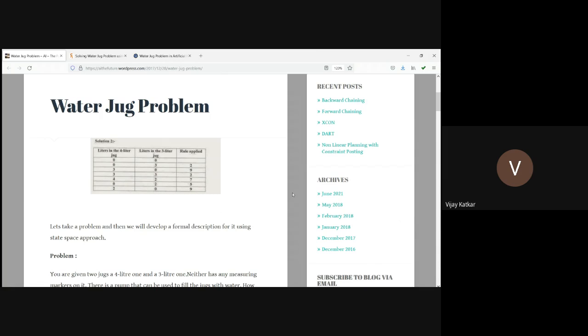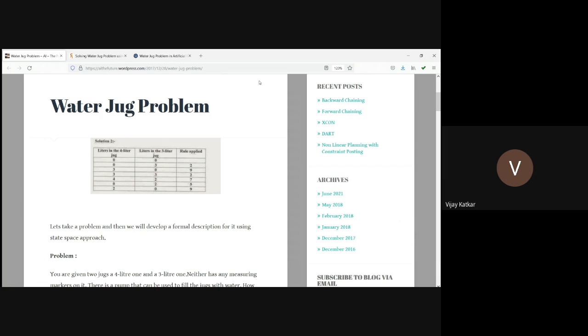So, what is the problem? On the internet or in different books, you might find different versions. For example, in the problem that we discussed in a book, there were two jugs, one with a capacity of 5 liter, another with a capacity of 3 liter. And what was the challenge? Without using any measuring equipment, there should be 4 liter of water in the 5 liter jug. So on the internet or in other books, you might find a similar problem with different capacities.